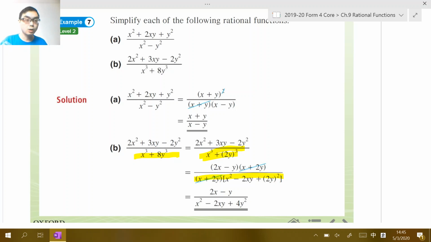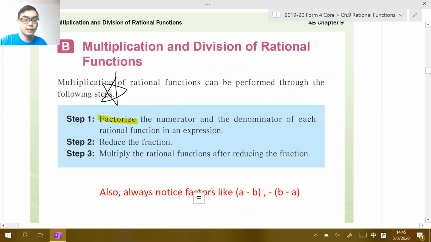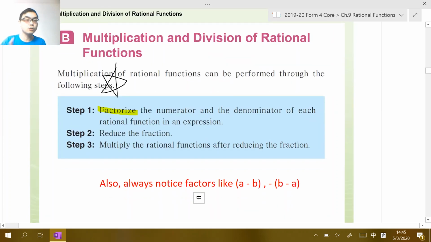So just recall. Okay. And then also besides this one, you can also see that now when we do the operations, once again, do remember to do the factorization first, okay? And then you just cross out like what you did in Form 2. But do remember that this time the questions may be more complicated than what you learned in Form 2. So please always